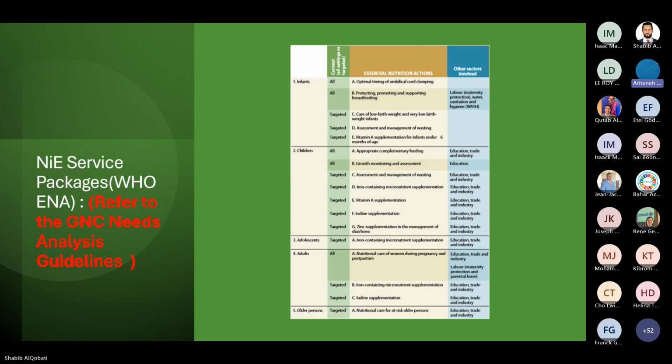So you have a list of services for infants, children, adolescents, adults, and older persons. So there is an exhaustive list of services, both treatment and prevention. So you can basically consider all these services depending on your context. This is context dependent. So the general recommendation is make the service as comprehensive as possible, meaning combine treatment and preventive services. And secondly, make sure that these services